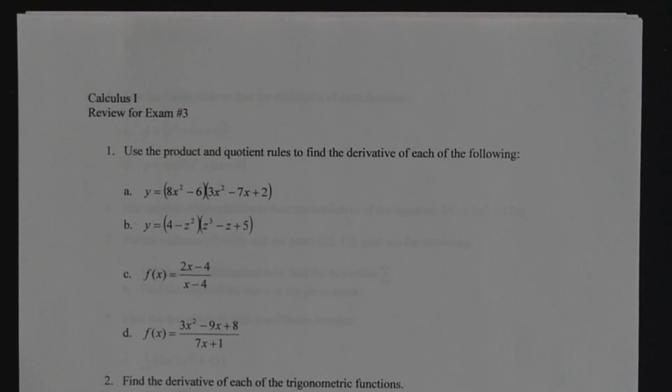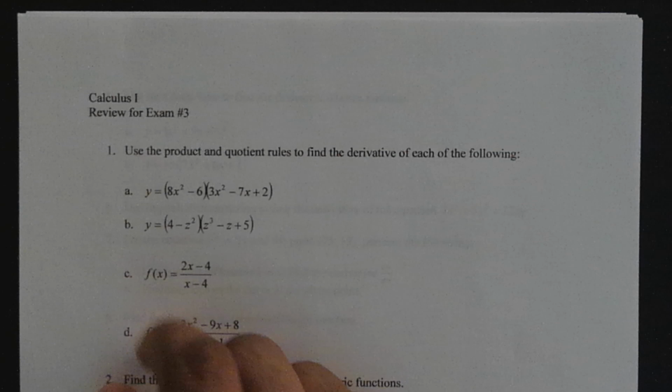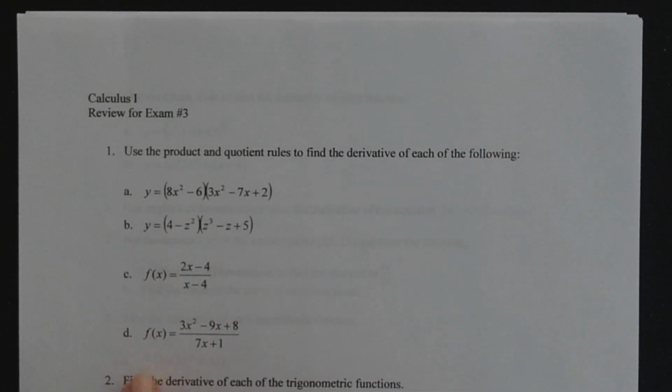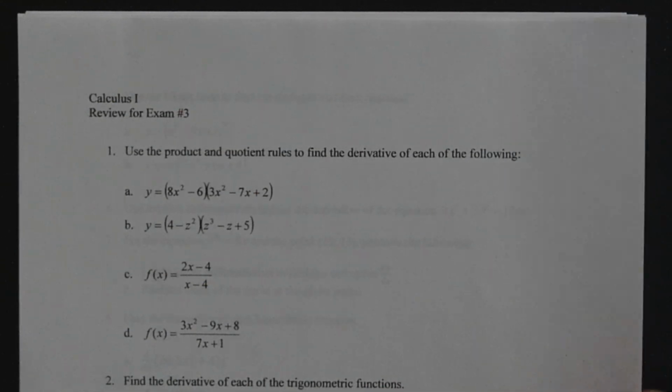All right, so what we'll do here is go and get started with problem number one, where it says here use the product and quotient rules to find the derivative of each of the following. All right, so in part A and B is the use of the product rule, part C and D is the quotient rule, as you can see. So in part A of problem number one,